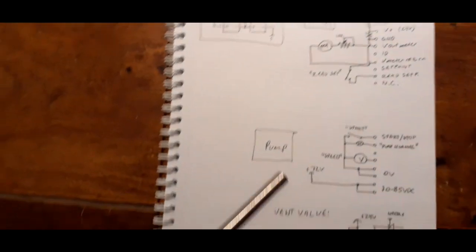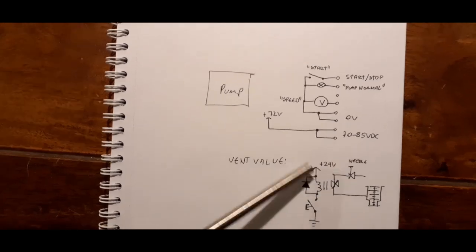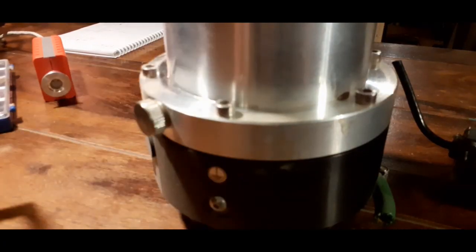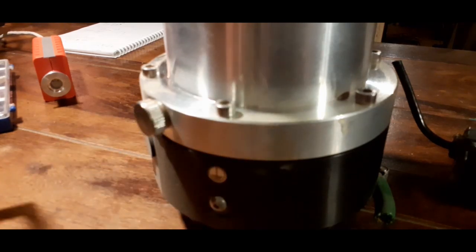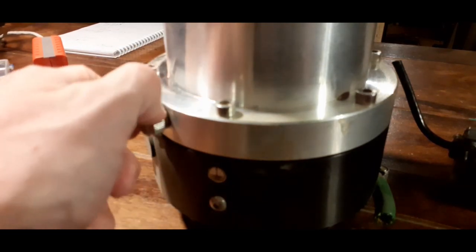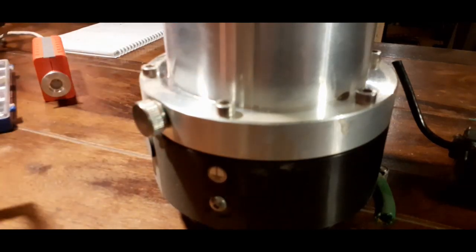I want a solenoid valve to bleed out the vacuum. Now, the way you break the vacuum on these pumps, the way you turn them off, is you wait until you've turned off this pump. You've waited until the vacuum is down to around 40% speed. That's why you need the speed gauge. Then you slowly crack this valve. This is just like a needle valve or like a low flow valve, and then you suck some air into the pump. And that helps, of course, slow down the pump faster, and also helps break the vacuum for